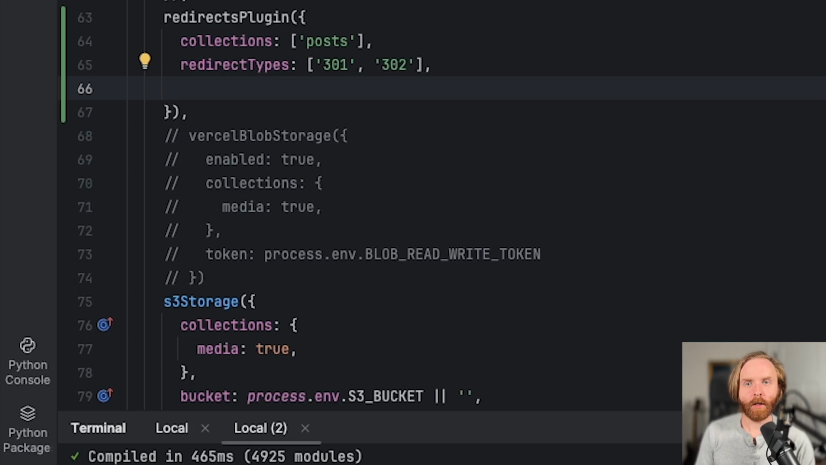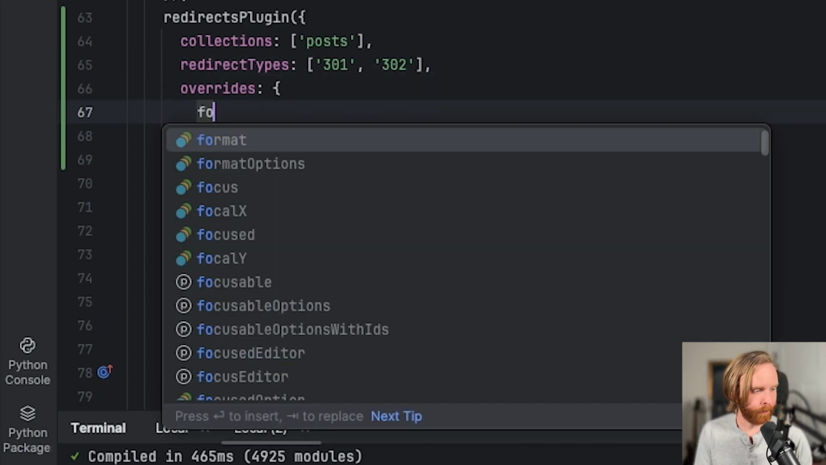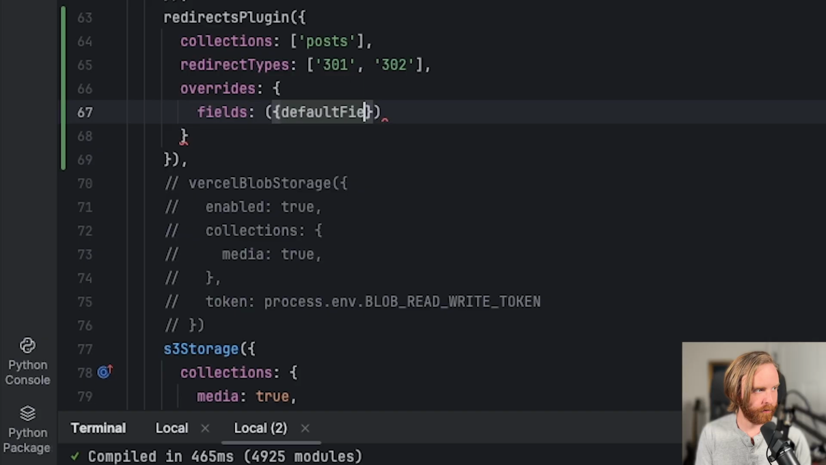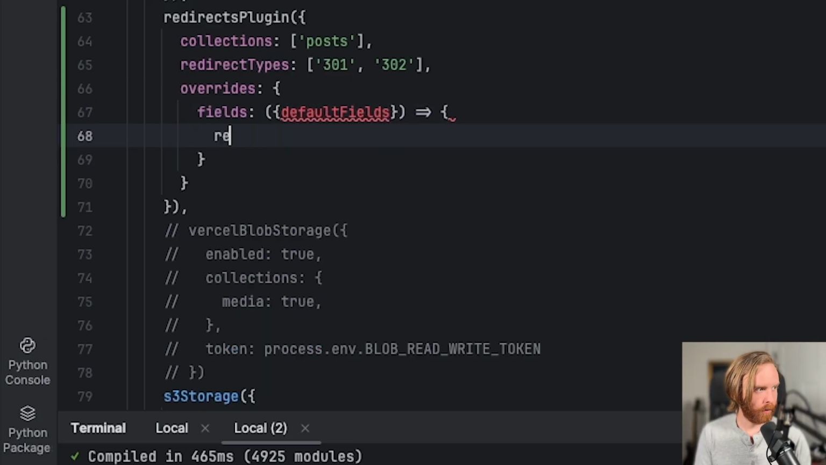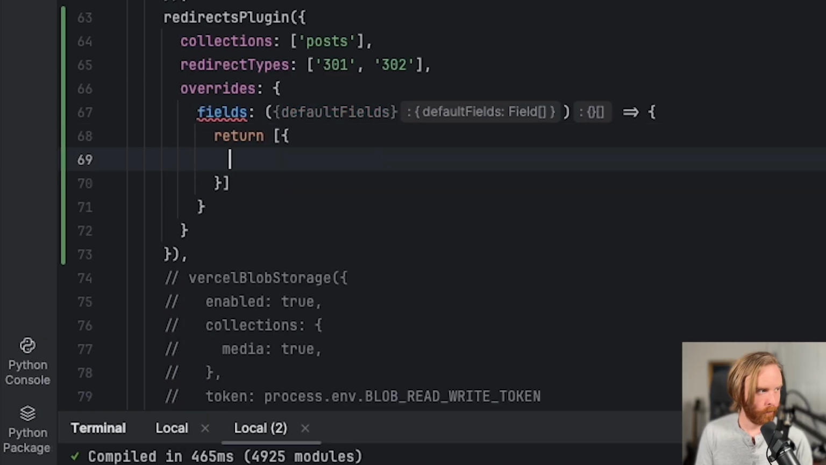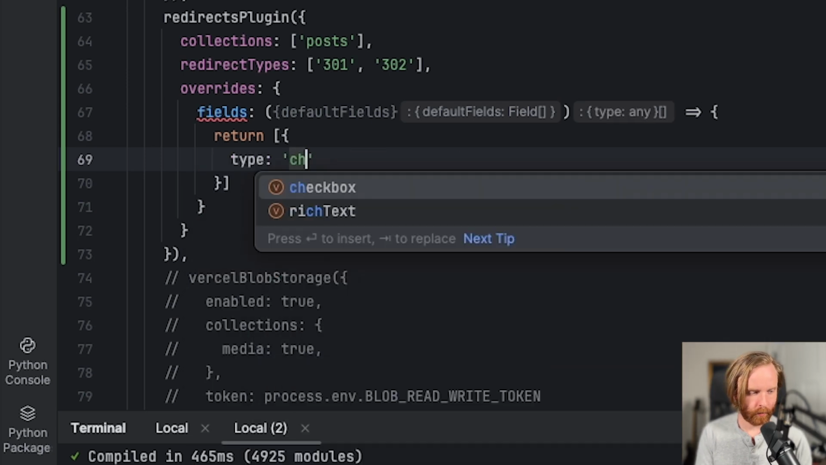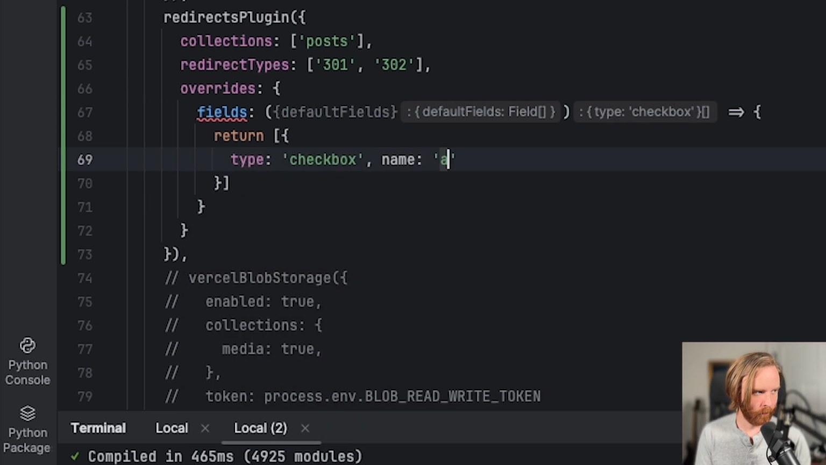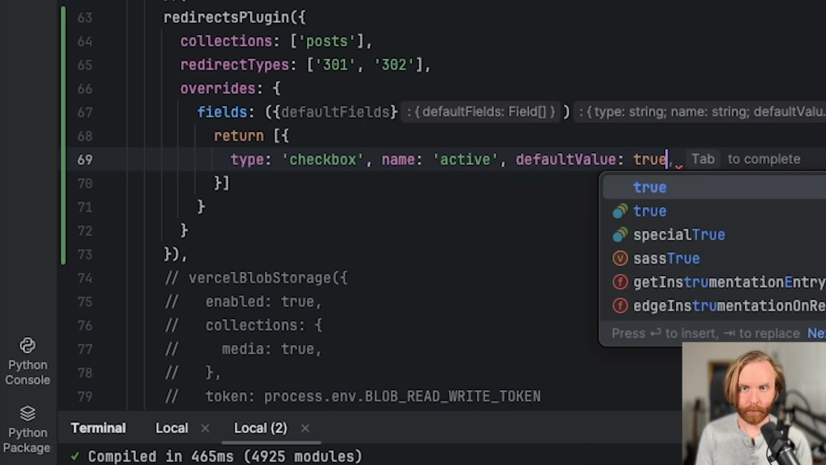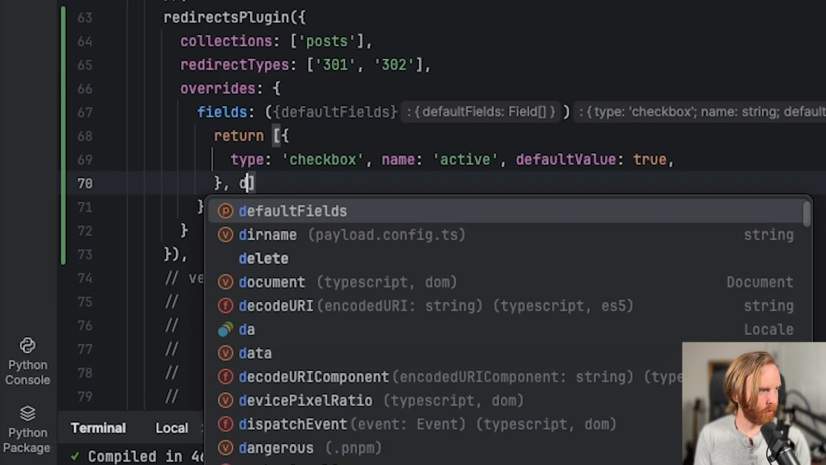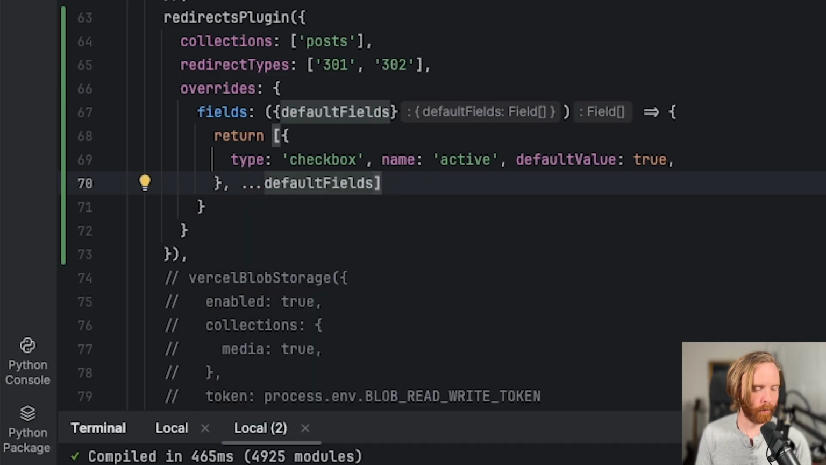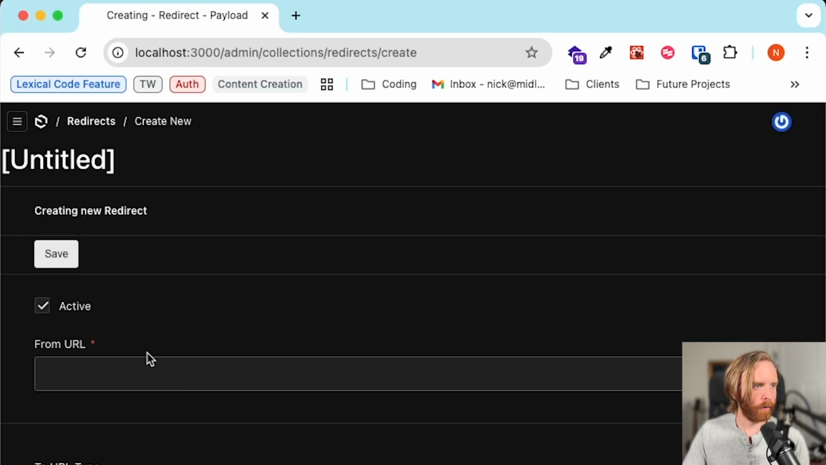For example, if you wanted to include the option to deactivate a redirect, you could include a new checkbox field by adding overrides, then type in fields, and we're going to take our default fields and let this return an array where we have our type checkbox, name set to active, and default value set to true. And then after the default value, we'll want to also include our default fields using the spread operator. So if I save this and open our redirects, I can create a new redirect and I see a new